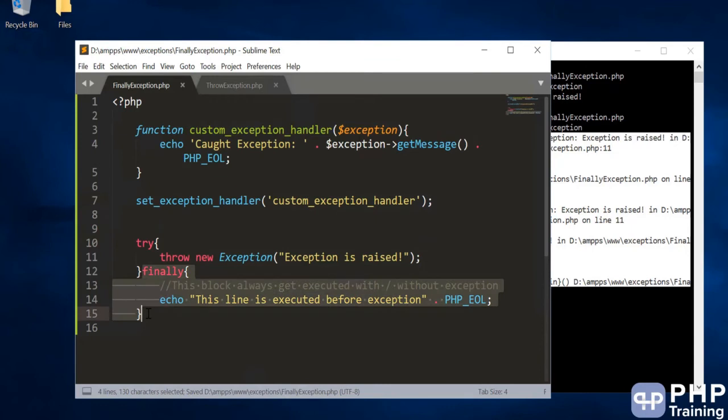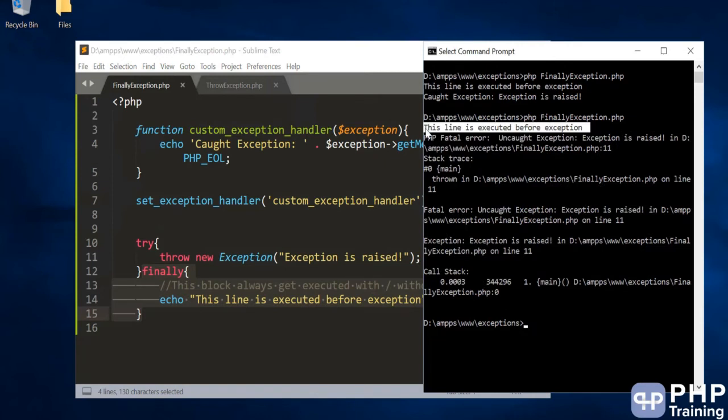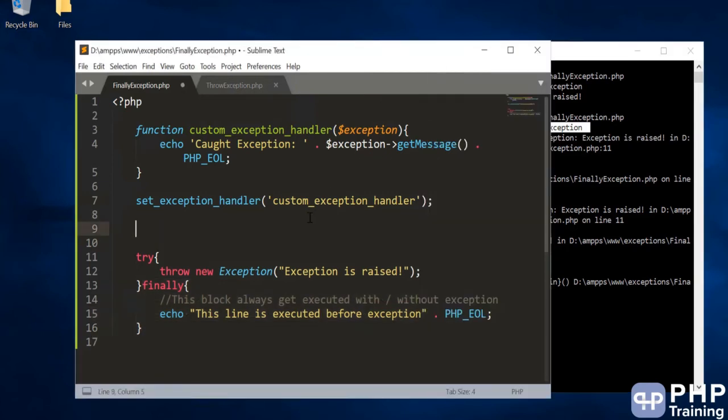It's a very important concept again in exceptions, because sometimes you open a connection with a database and maybe that connection is still open. Maybe you open a file to read something and something happened during your program. Now when you want to exit, you want to close that database connection or close that file. All those things are typically done in the finally block, because this is the safest block and this will always get executed even though your program has an error. Well, this finally block always gets executed, and in this example it will do it after this line has been executed.